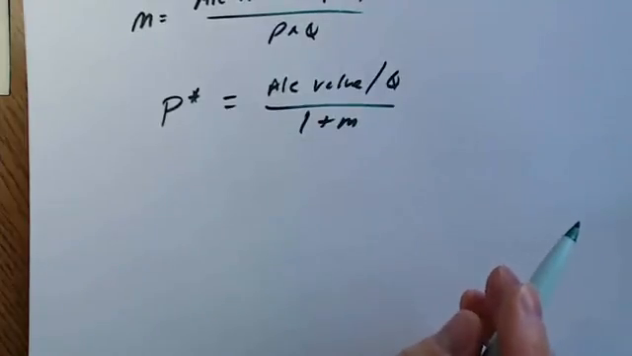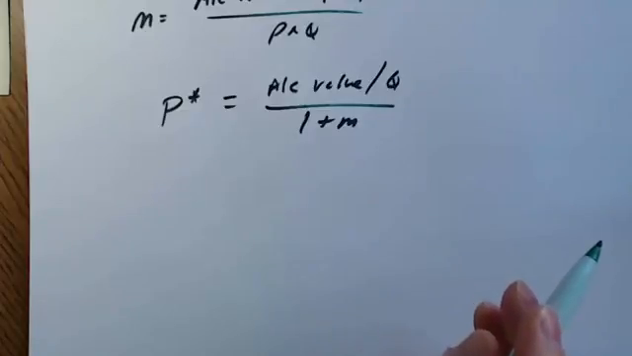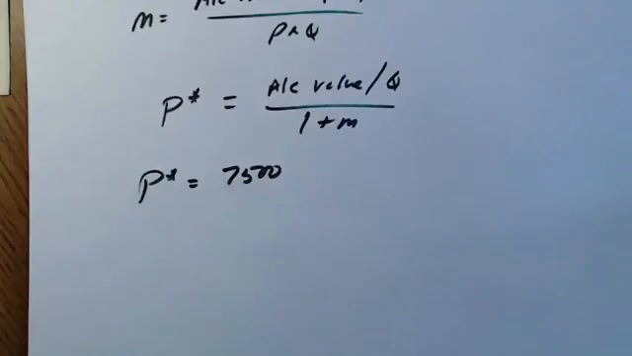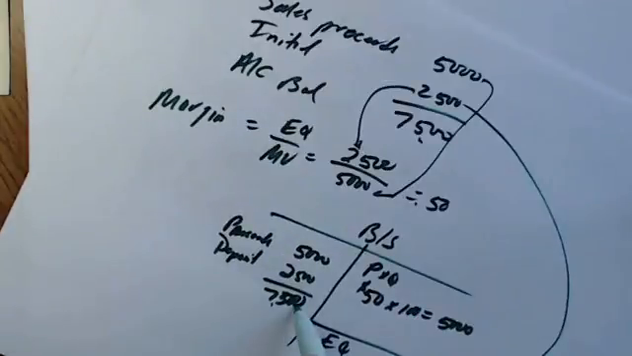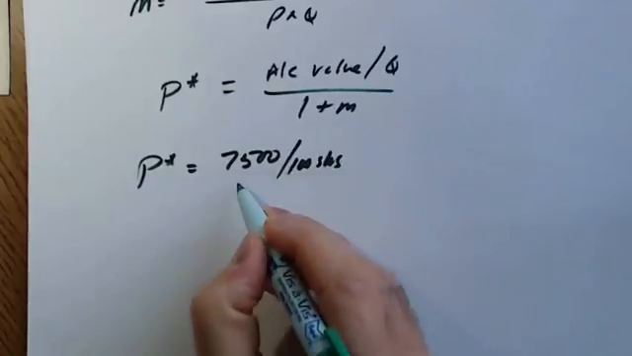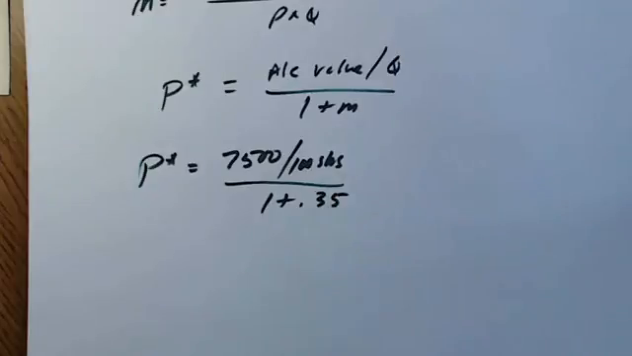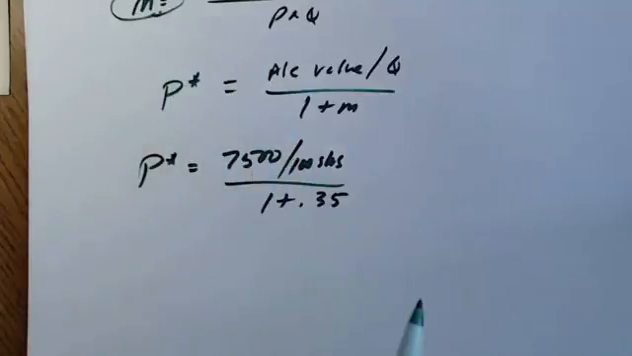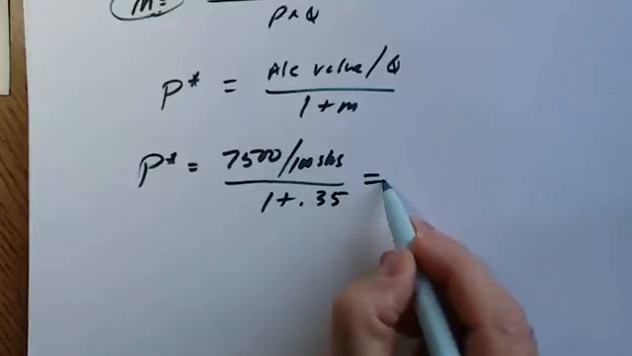So using the data from the previous example, you can compute the price at which you get a margin call. I'm at the bottom of page 6 of the notes. So P star is going to be 7,500, my account value here, divided by 100 shares, divided by 1 plus 0.35. By the way, this M is the maintenance margin requirement, because we're talking about a margin call, and you get a margin call when you hit the maintenance margin. So this is not the initial margin at that point. And so this P star comes out to be